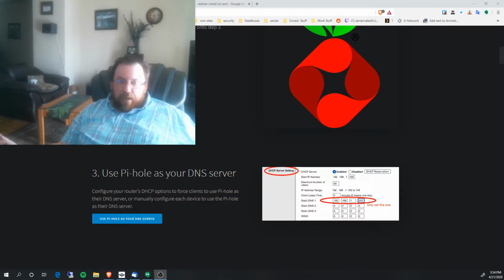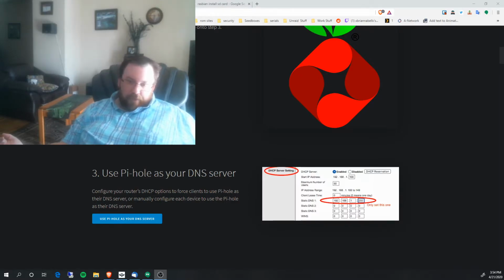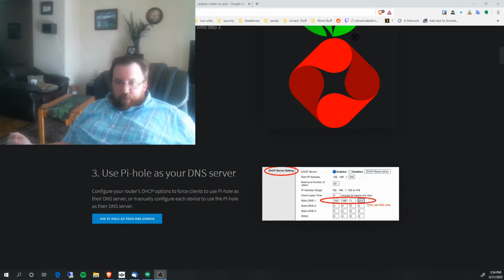You can have the Pi be your DHCP and DNS server, or you can go into whatever router, appliance, pfSense, whatever the case may be for yourself, and forward the DNS automatically through the gateway, firewall, whatever it is that you're running, to forward the DNS requests over to the Pi and have the Pi running your DNS.